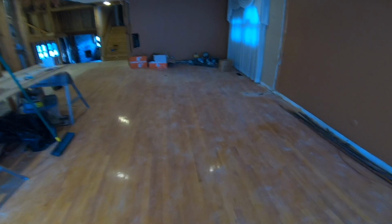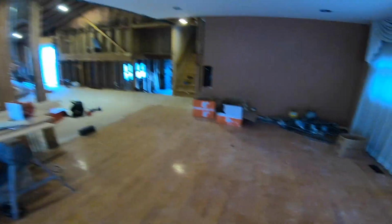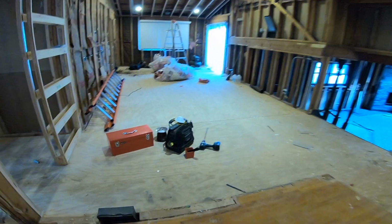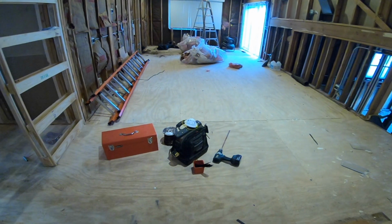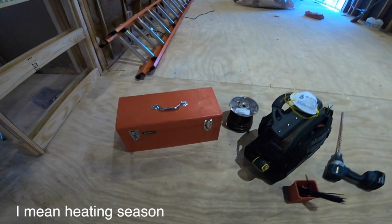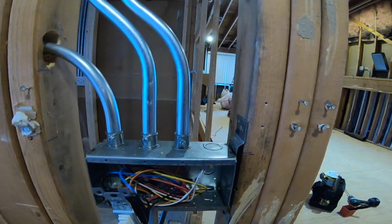Okay guys, we're at a construction job site here. We're about to start a small project since this is the ending of the winter season for HVAC here in Chicago. We had to run this thermostat wire. There's my thermostat right there coming from the floor. I'll place it right here